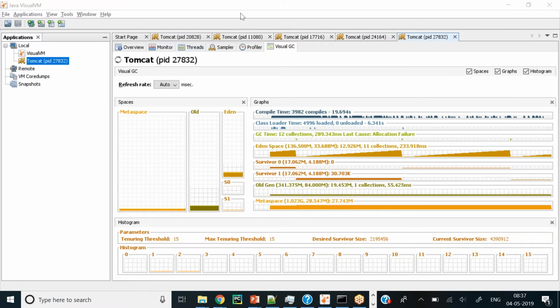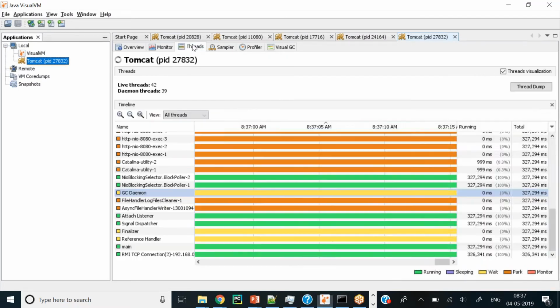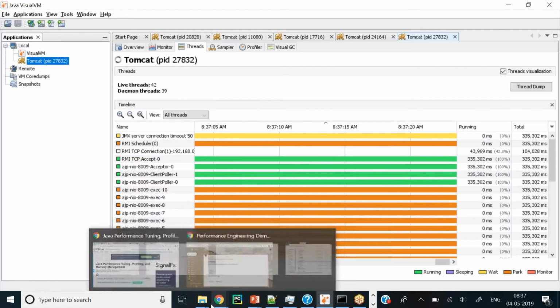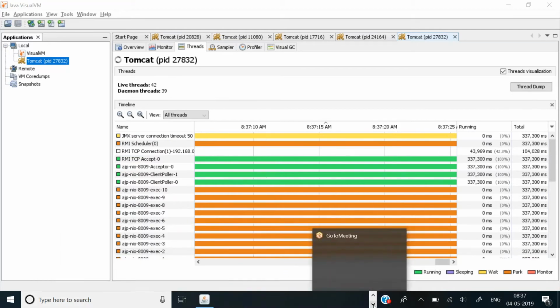Okay, guys, I think I'm done for this session. Yes, please. Where can we see the application threads in the same view? Right now there is no application running, so we cannot see anything over here. Let me quickly run an application.